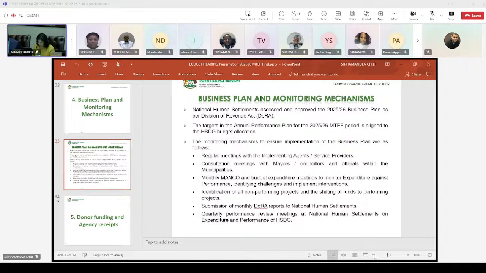Identification of all non-performing projects and the shifting of funds to performing projects takes place on a regular basis. The submission of monthly DORA reports to the National Human Settlements and Treasury, quarterly performance review meetings at National Human Settlements, and expenditure and performance of the Human Settlements Development Grant. A specific meeting is held on a quarterly basis. On slide 35,